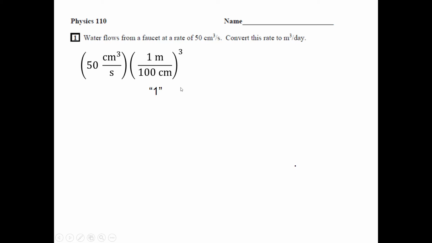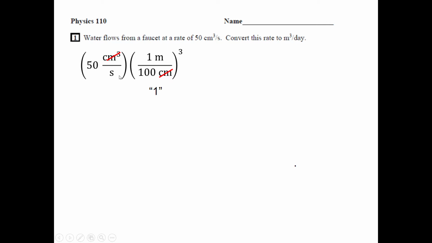That's what that means. And now I can cancel, again, I'm going to be a little bit lazy, but if you will humor me here, I can cancel this centimeter against this centimeter cubed because this centimeter is inside a cube. So if I get rid of it, I'm really getting rid of a centimeter cubed in the denominator. I'm canceling it against a centimeter cubed in the numerator over on the left there. So that helps me out. But I've got to remember the stuff that's left that I didn't cancel: the meter gets cubed and the 100 gets cubed in the denominator. Okay, so I've successfully traded out a centimeter cubed in the numerator for a meter cubed,